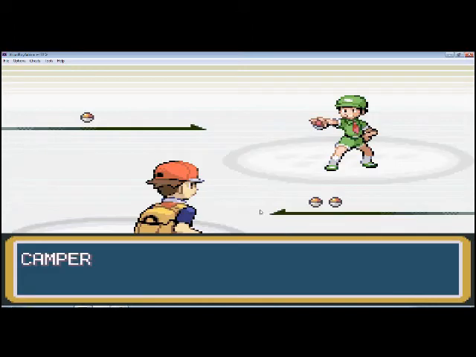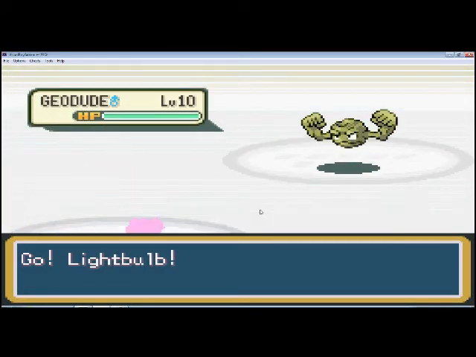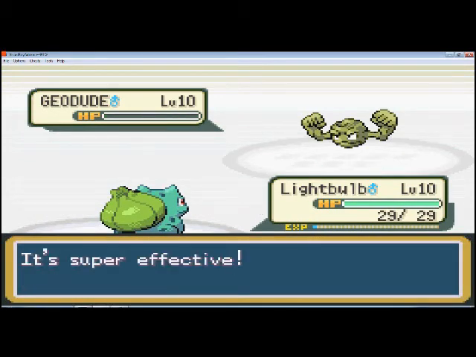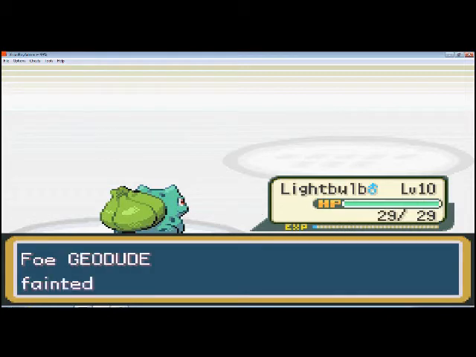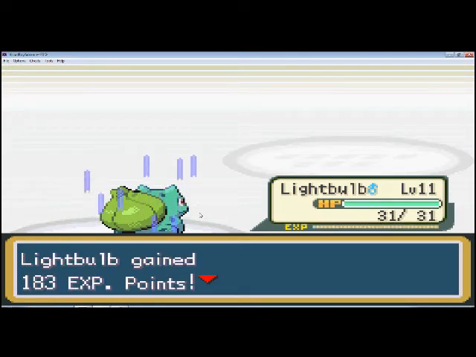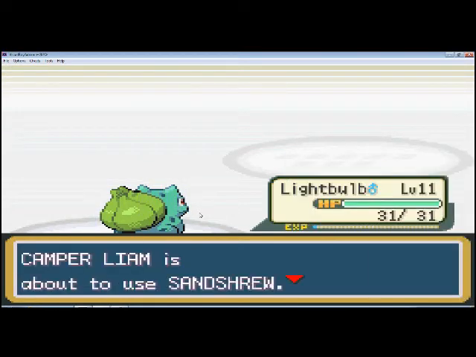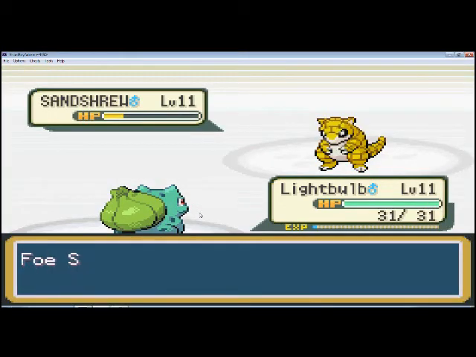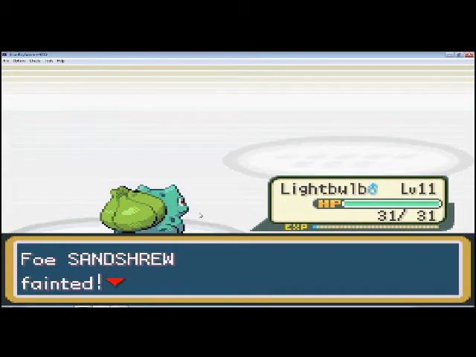Alright, so we fight this guy, he's got a Geodude and a Sandshrew, I believe level 10 apiece. It's our first gym battle. Did you see how fast Vine Whip puts him down? It's because I believe Geodude's a ground and rock type, so it does 4 times the damage. Same with Sandshrew. Actually, maybe Sandshrew is just a ground type. I don't know if it's a rock type or not, but